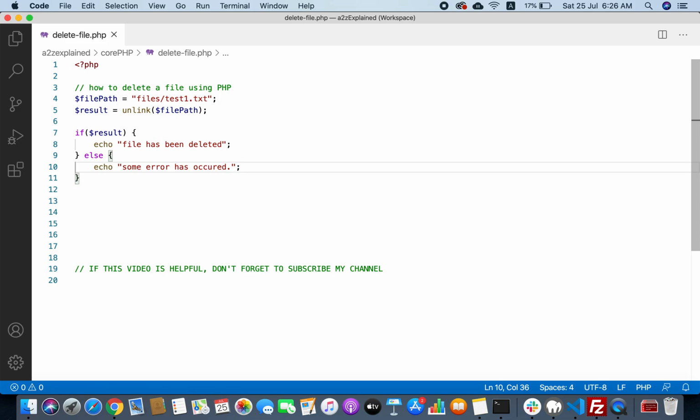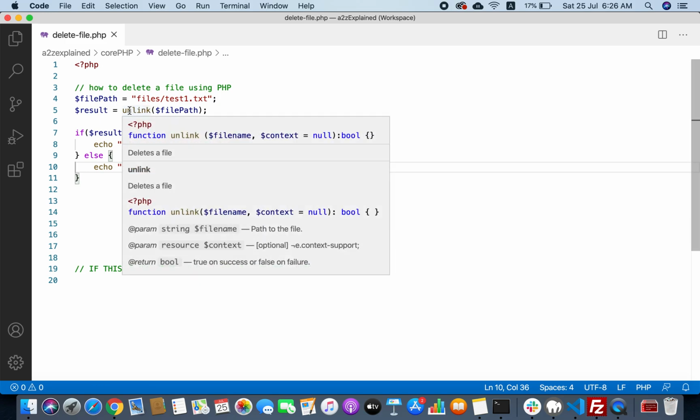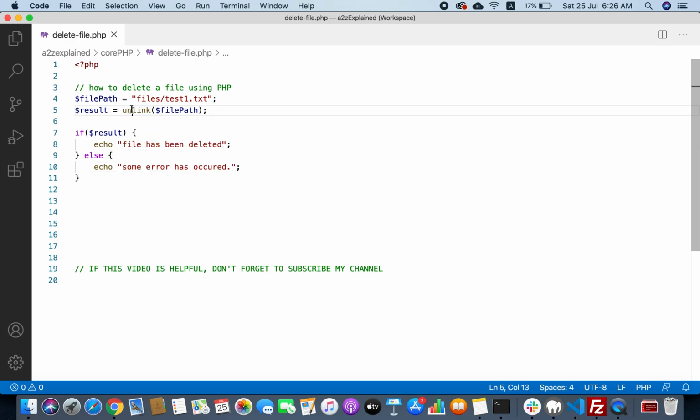Now what we are doing is receiving the response of this command into this variable, the result. If this result is true, it means the file has been deleted, so we will show the message, the file has been deleted. But if the result is false, then it will display that some error has occurred.